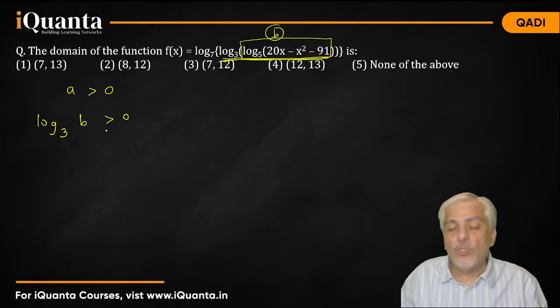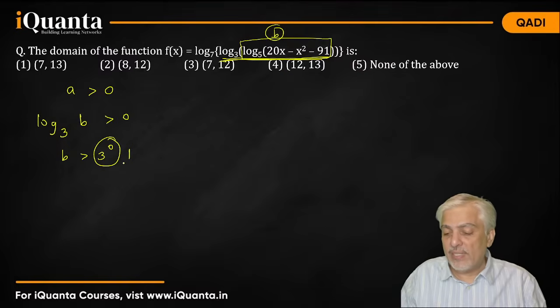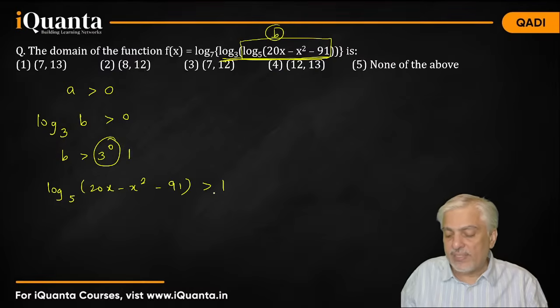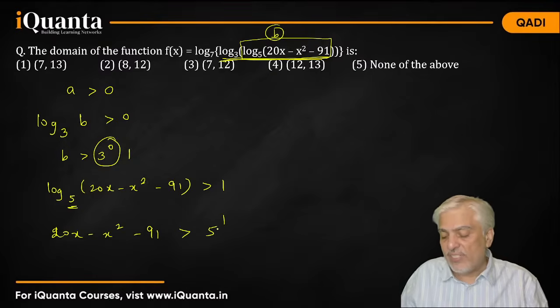A has to be greater than 0. So b has to be greater than 3 raised to 0. 3 raised to 0 is 1. So b has to be greater than 1. So now log to the base 5, 20x minus x square minus 91 has to be greater than 1. Now the 5 will go on top. So we'll get 20x minus x square minus 91 has to be greater than 5 raised to 1, which is